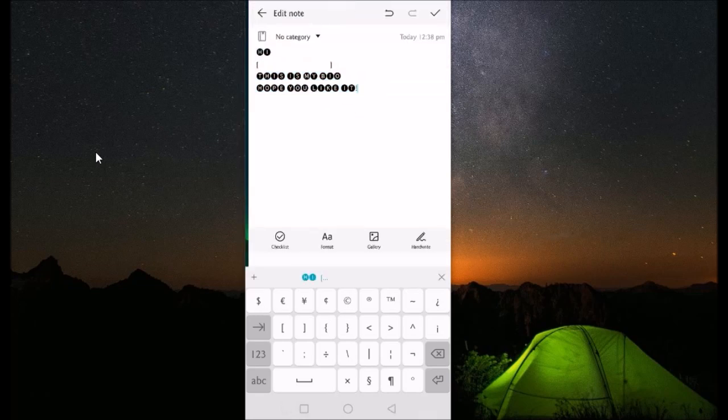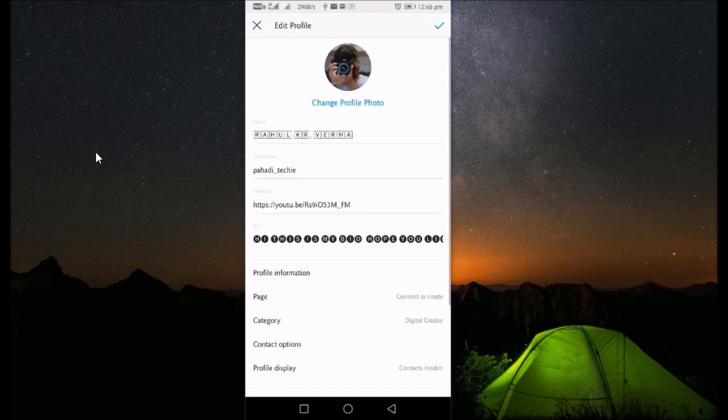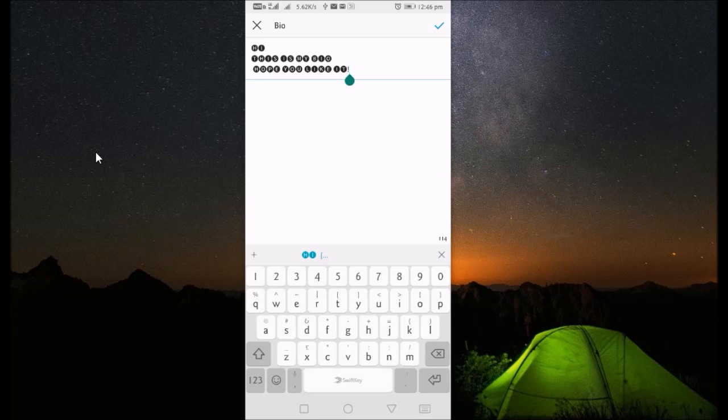Then after you have done this, you need to select that, go to your edit profile, and here you need to paste it along with the brackets. So when you select it, first we need to remove what is over there. Now you will paste that text over here which you have written in notepad, and by clicking just in front of the brackets you need to delete the brackets. So I am just clicking in front of the brackets over here and I am deleting.